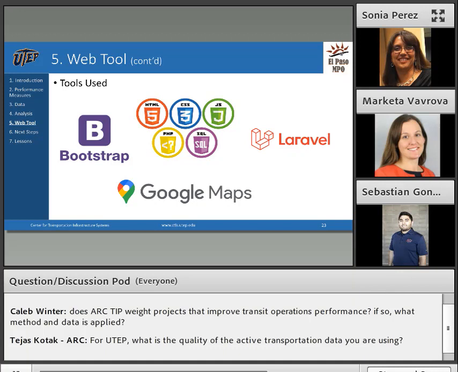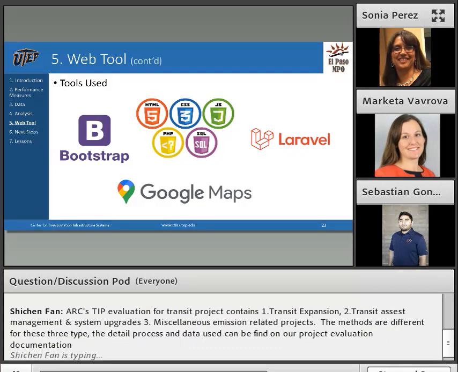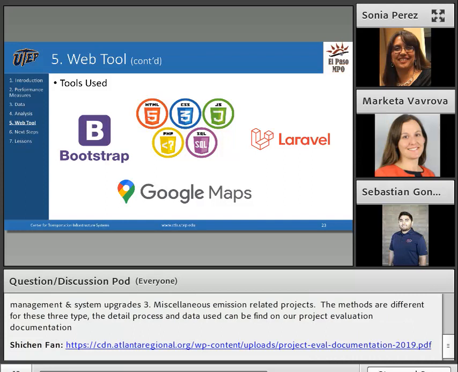On the left side, we have Bootstrap that helps us with the layout of the website. It's mainly the design part and the transitions from each module to each module, the menus, how they look, how they react when you click them. And this is just a combination of HTML, CSS, and JavaScript, which is in the middle.